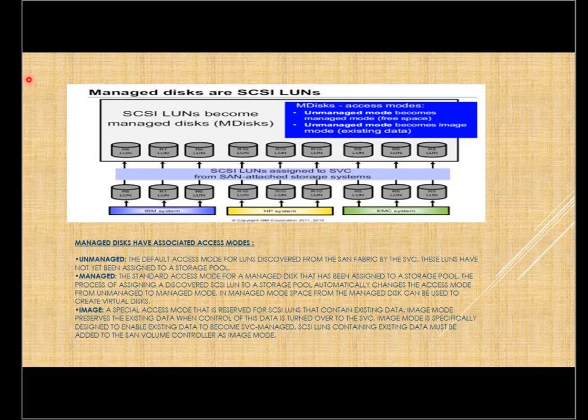Essentially, this answers Kiran's earlier question. What happens when a third-party disk subsystem has multiple types of disks and multiple tiers of disks all presented into one single LUN and is being presented to SVC? That, when incorporated into SVC, will become an image mode MDisk. It is an MDisk, no doubt, but it is a special type of MDisk, and that type of MDisk is called an image mode MDisk.